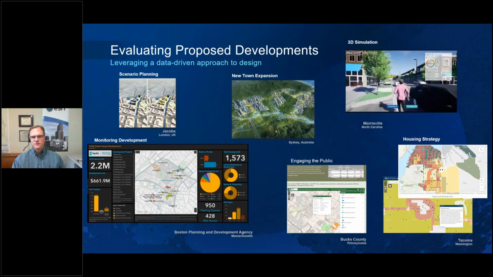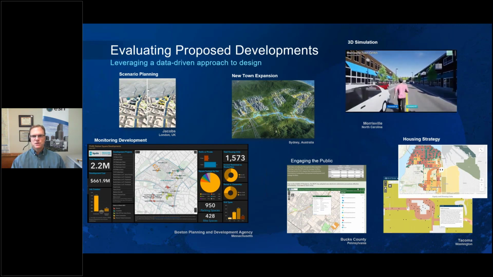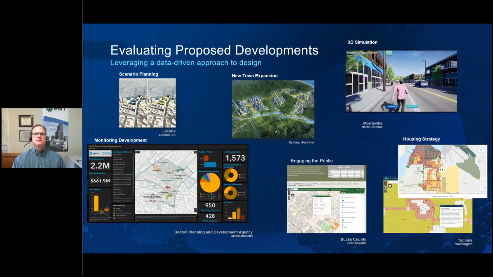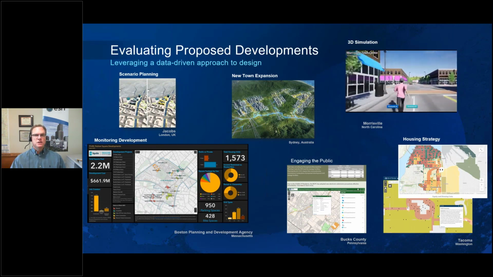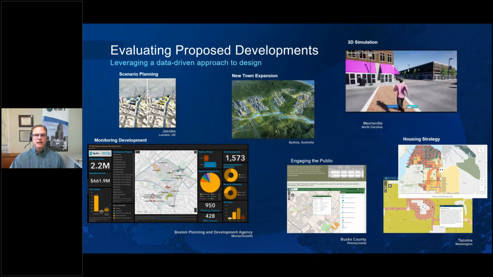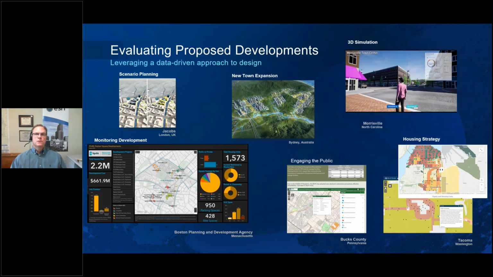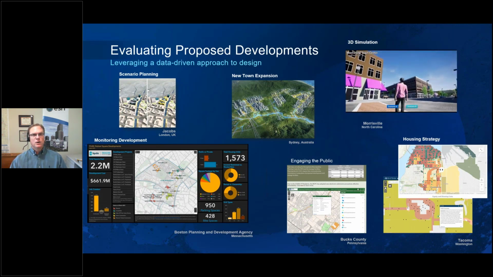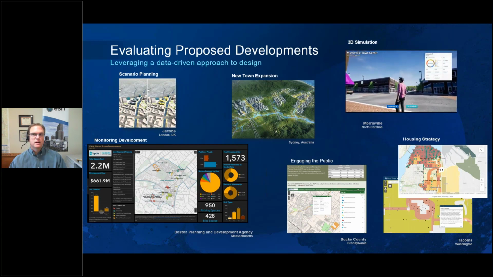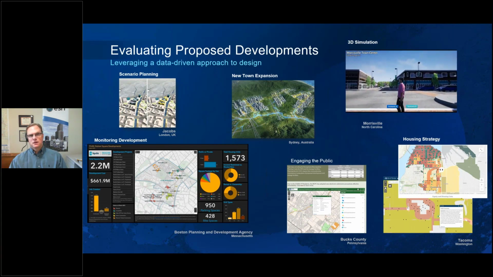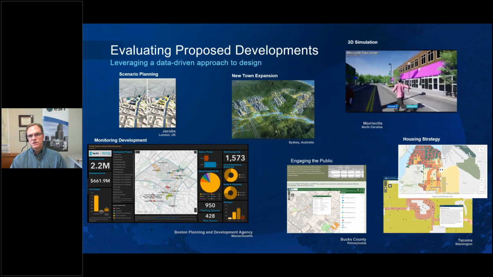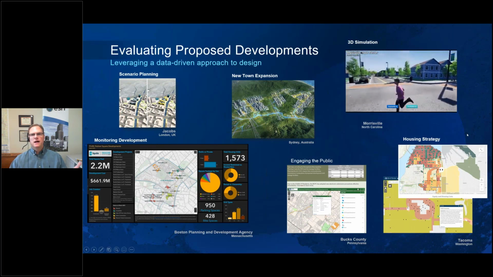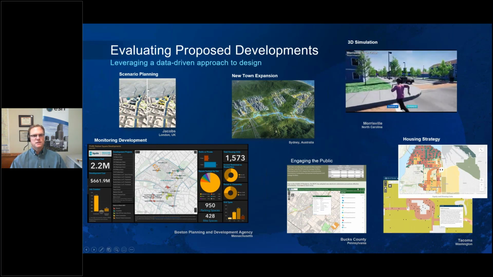And then the thing I love as well is the 3D simulation, right? So this is from one of our great partners, Hauser Levine, that created this in City Engine and then in Unreal Engine to be able to do the animation, to be able to show Morrisville, North Carolina, what their town center could look like from different vantage points. So it's not just a pretty video, there's actually data tied to that as well, so they can see the usage or the potential usage for any of these proposed developments, and be able to see, okay, what would my line of sight look like from different vantage points?